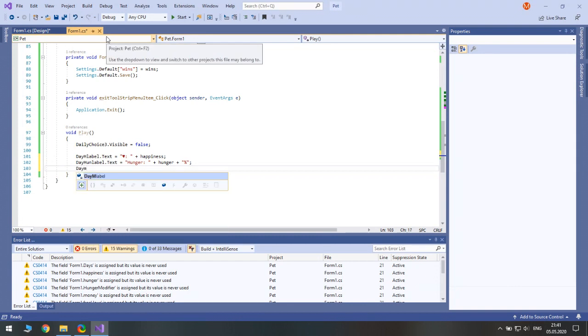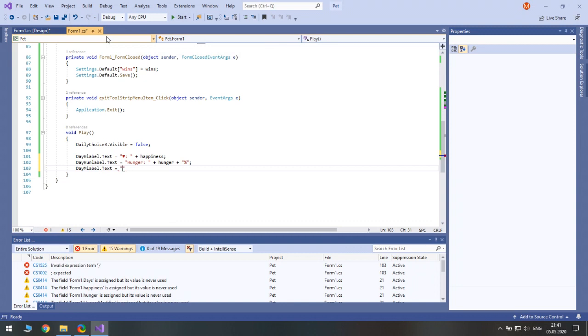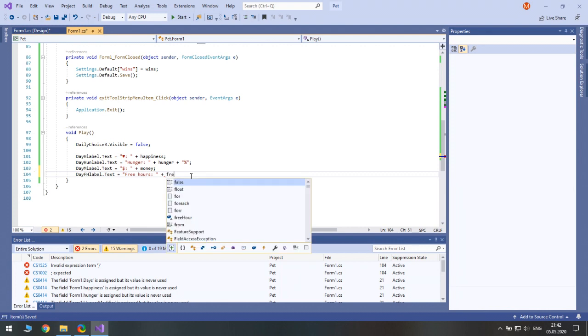Daily money label text should be equal to money, space, then plus and money. And then 3 hours, the 3 hours text is equal to 3 hours and we pass the variable 3 hour.